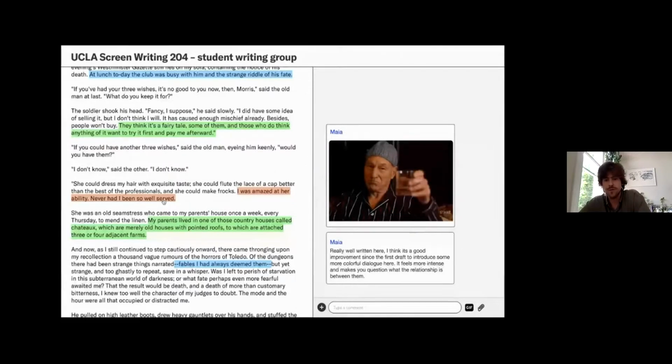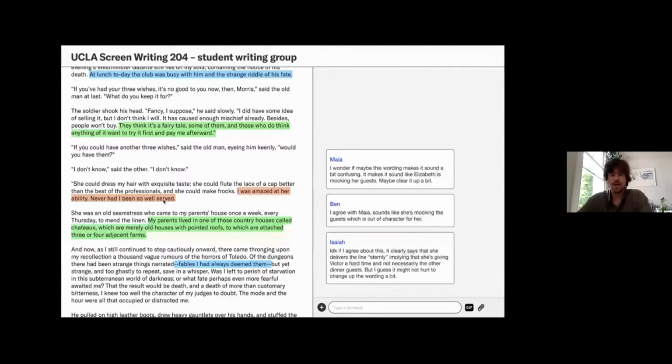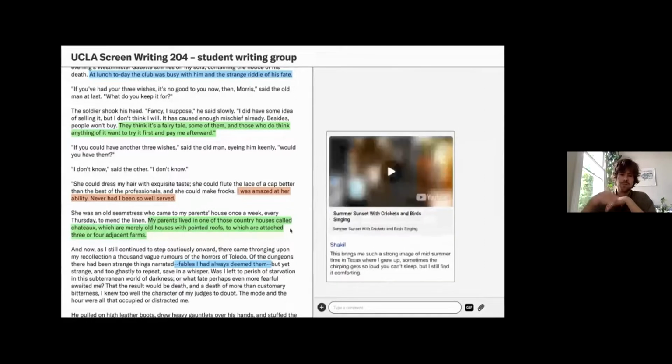So every time a user adds a little thing, other users can come through and add their own comments to what the first person wrote, and then they can reply and have a conversation about that specific thread. Or they could just leave a YouTube video or a relevant image or something like that. And so that's just an example of one of the interactive spaces that were the outcomes of these workshops.